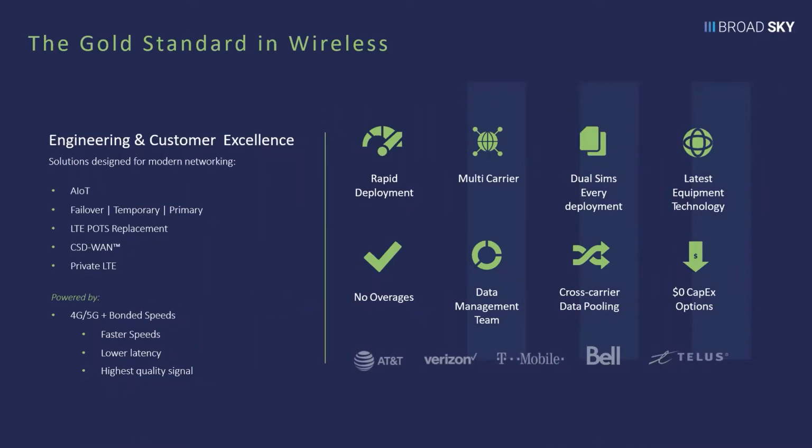We also put 2 SIMs in every router we put out there, the primary carrier, but then also a secondary carrier. Then you can put that in active mode so that the modem can toggle back and forth, or you can connect to 2 carriers at the same time and pull both download and upload speeds from both of those. The byproduct of that is that you have double carrier diversity. In fact, you could put a router out there with 4 SIM cards in it, connect to all 3 carriers at the same time, and bond all 4 together. It's a very, very powerful backup tool.